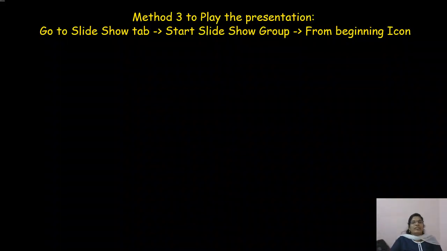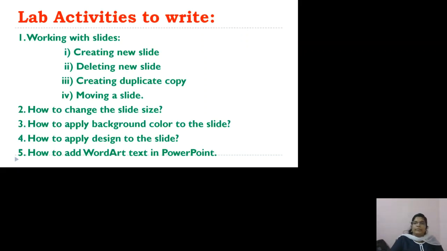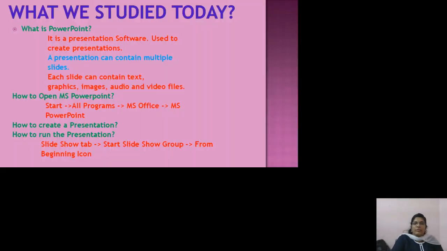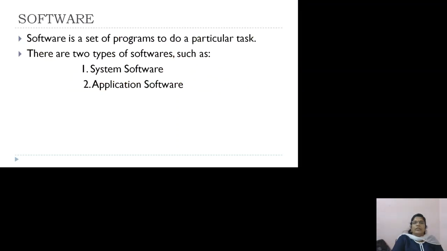So I'm in the first slide. You can see this is what we call playing the presentation. So can you tell me how to move on to the next slide? Which keys I can use? Either arrow keys or space bar. Okay. See, space bar. Okay, the presentation is over. Now what I have to do to get back to the main screen? Yes, you have to click on escape key. You will get back to the original presentation.